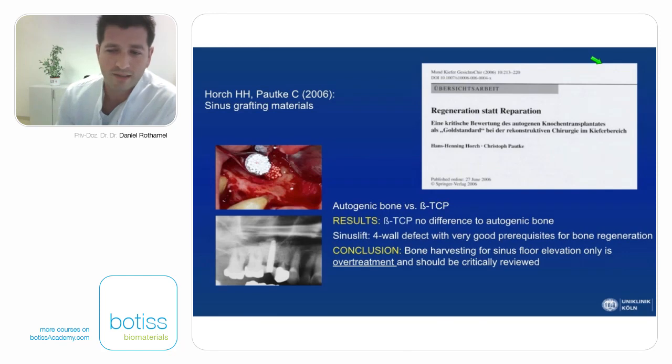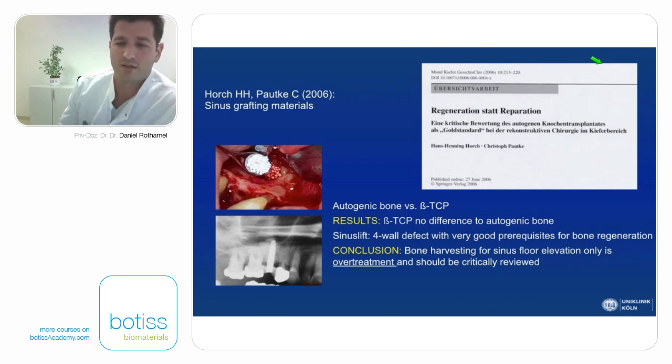That was nothing new, but it was the first time that somebody concluded that if we get the same result when we use bone substitute material and autogenous bone, and we need to harvest the autogenous bone from another site, then probably we should select the bone substitute material, because it leads to less stress and less discomfort for the patient. For sinus floor elevation only, using autogenous bone was classified as overtreatment. So a lot of discussion about this study,